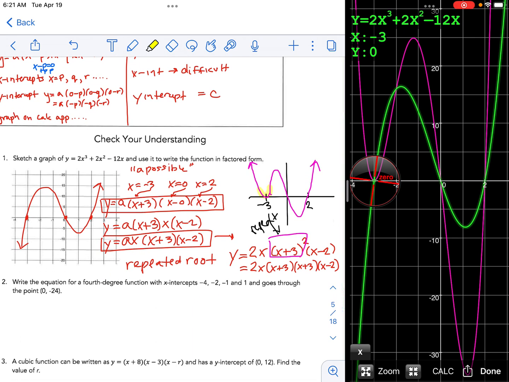So keep that in mind as you're working on the first 6 problems on the homework. And then on the back side, you're expected to graph it. On the back side, it gives you the factored form of the equation, and so you know what the a value is. So on the back side, you should be able to graph that and then tell me the x